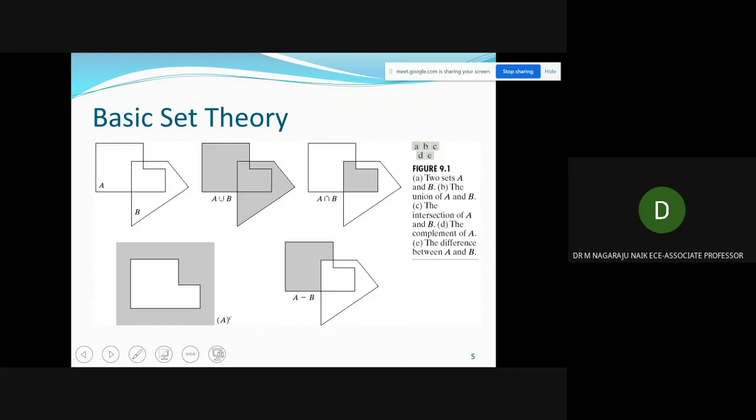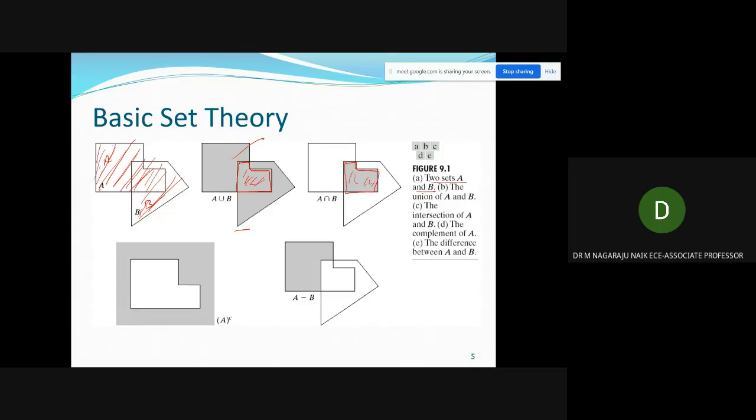You can see the simple basic theory with two sets, A and B. Now the first one is union, which is a combination of all these. Intersection is nothing but this part only, which we can represent in this one.